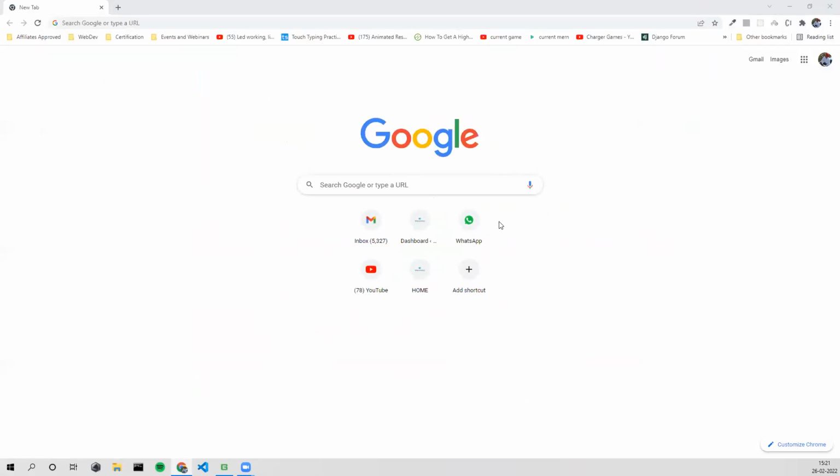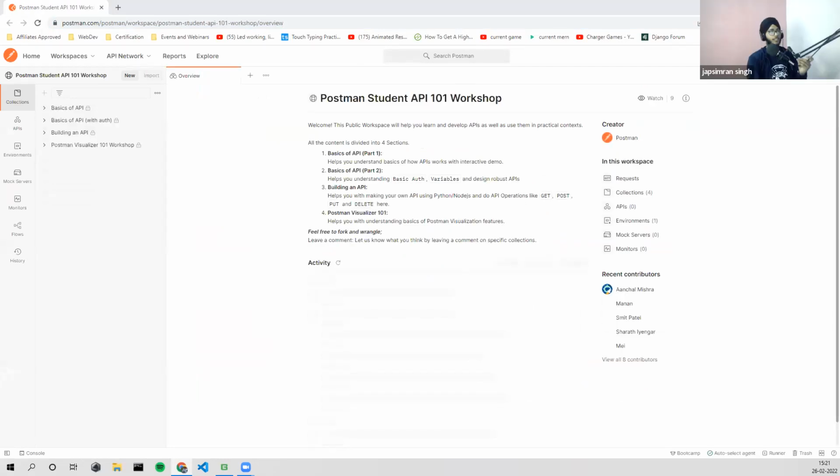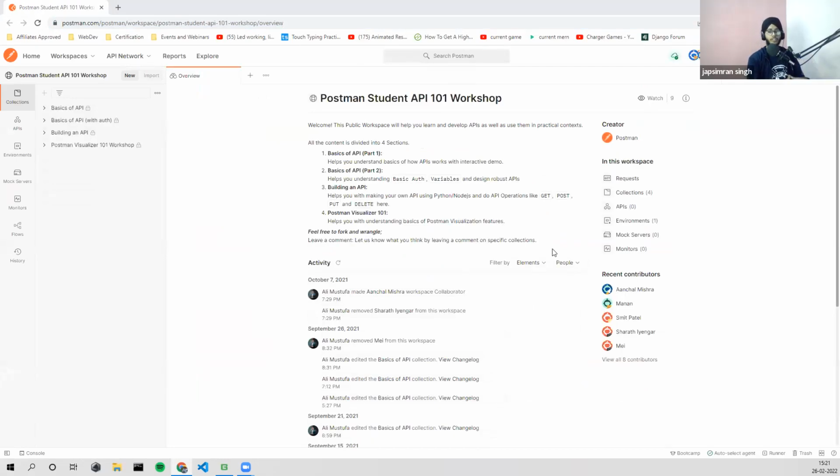Before we switch to the hands-on, I think Rashi has a question: what are the limits of API usage? When can we think that we have had enough with an API? If you are consuming the API, the limit would be enforced by the creator of the API. If I create my API, I could give a specific public access. I could make a paid plan and give more access, like 1,000 requests per day in the free plan and 2,000 requests per day in the paid plan.